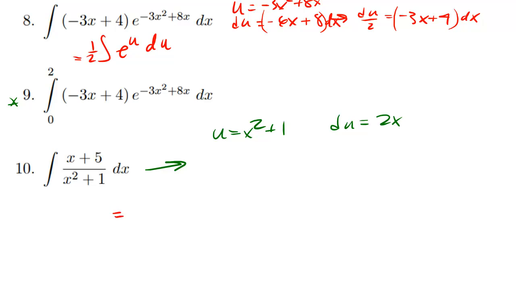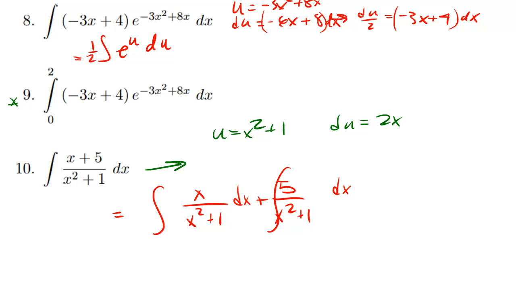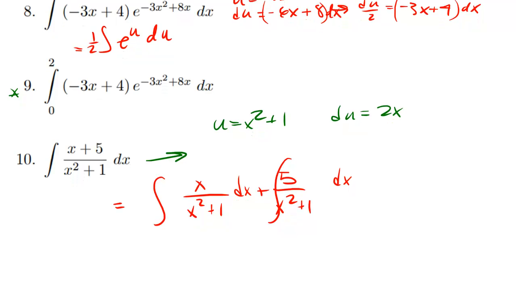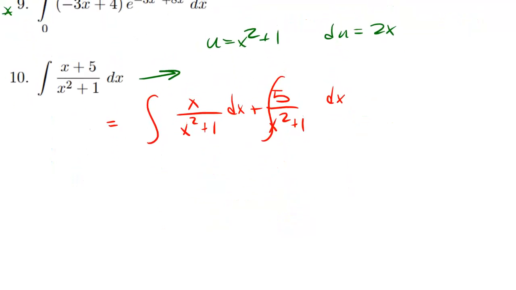So let's really think this could really be an x over x squared plus 1 plus 5 over x squared plus 1 dx. And when you have an addition there, you could actually split that up into 2 separate integrals entirely, right? Because you're allowed to distribute the integral sign over addition. All right, so in this form, now we're a little bit more set up for the substitution I recommended ahead